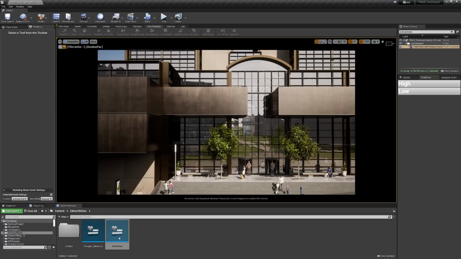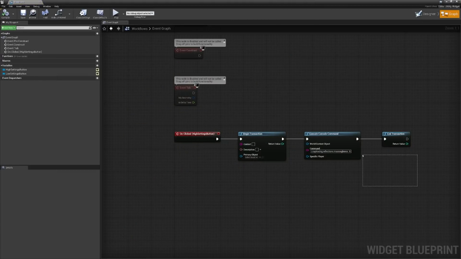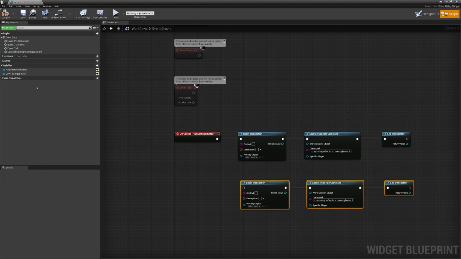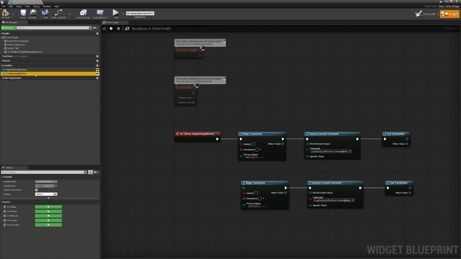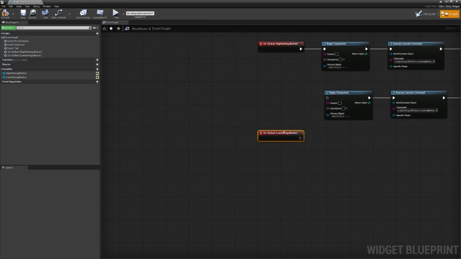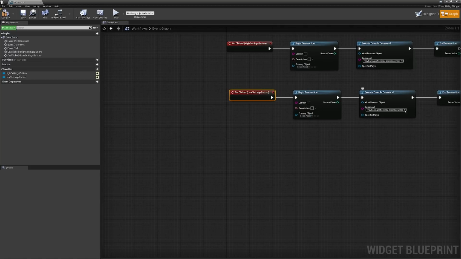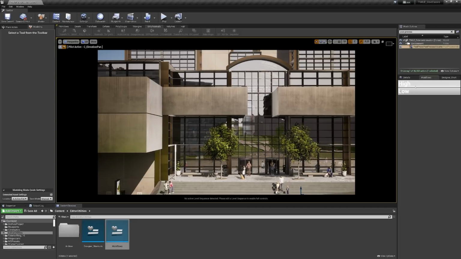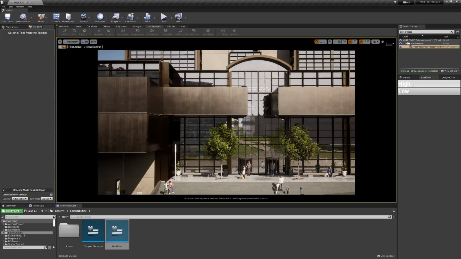I'm going to go back into my workflows. I can marquee to drag and select all of the nodes I created. I'm going to copy those by using Control-C on my keyboard and then hitting Control-V to paste. Now let's bring in the variable for the low settings button. I'll go to the left-hand side, select that variable, and under events, I'm going to select On Clicked. I'll pull that up, connect these nodes. It'll be important to change the max roughness here. I'll set that at 0.1, compile once again, and now when I select low, you'll notice that it makes the change here. So now I can toggle in between these two quite quickly.